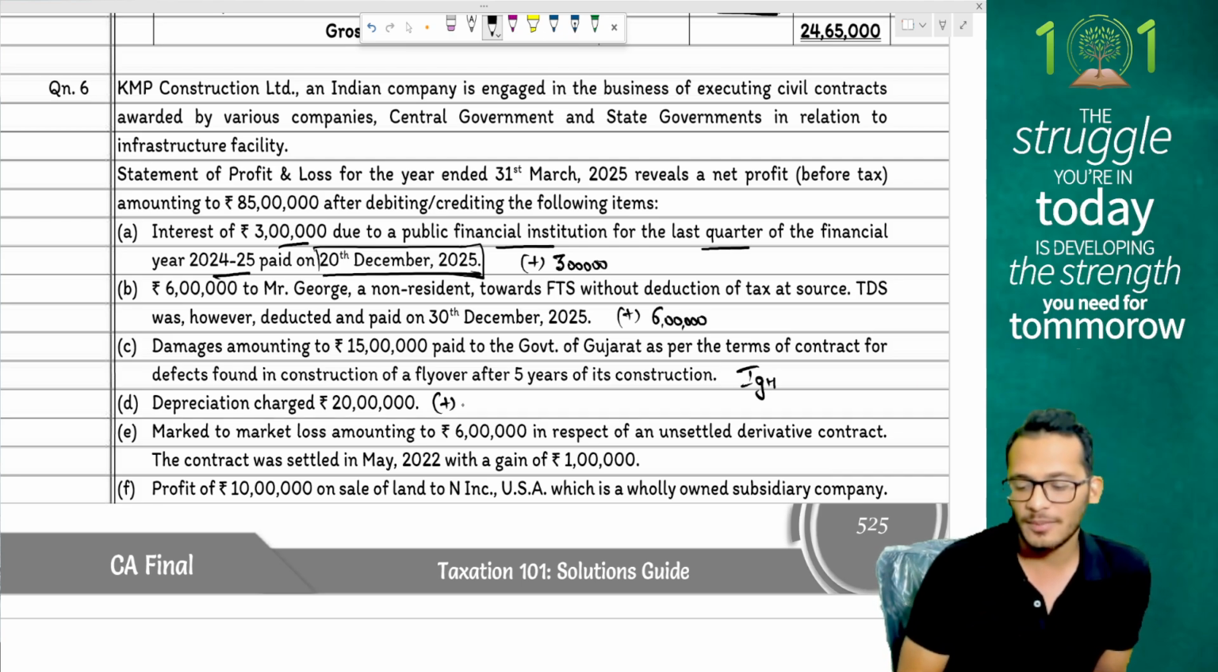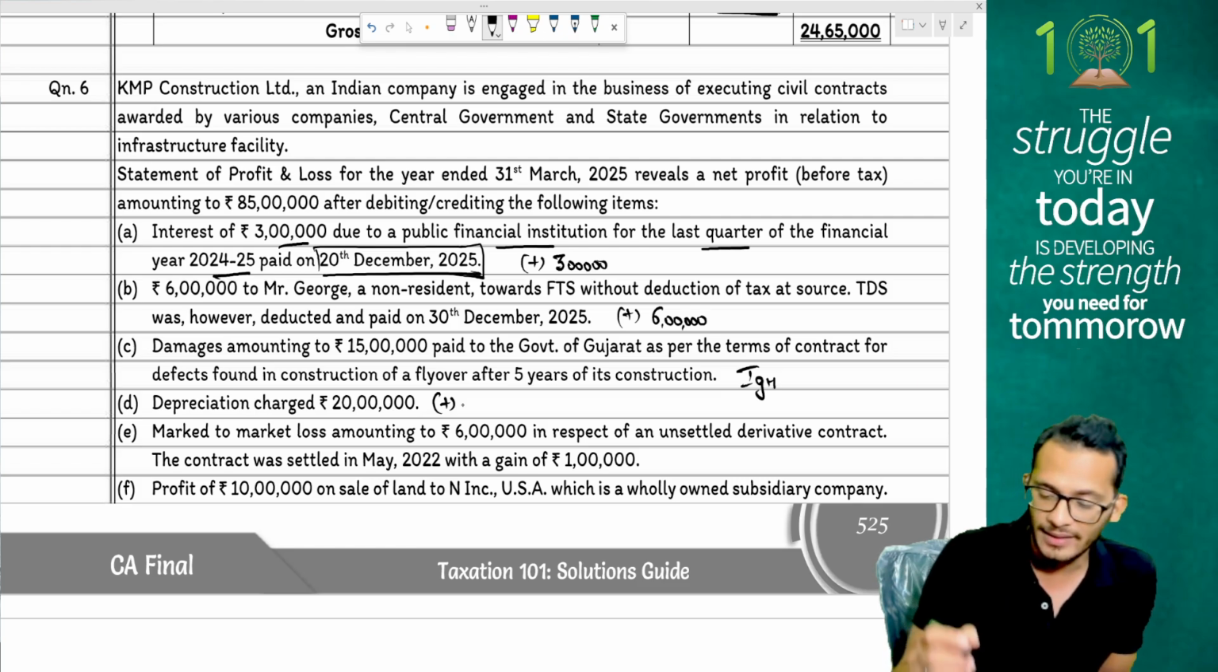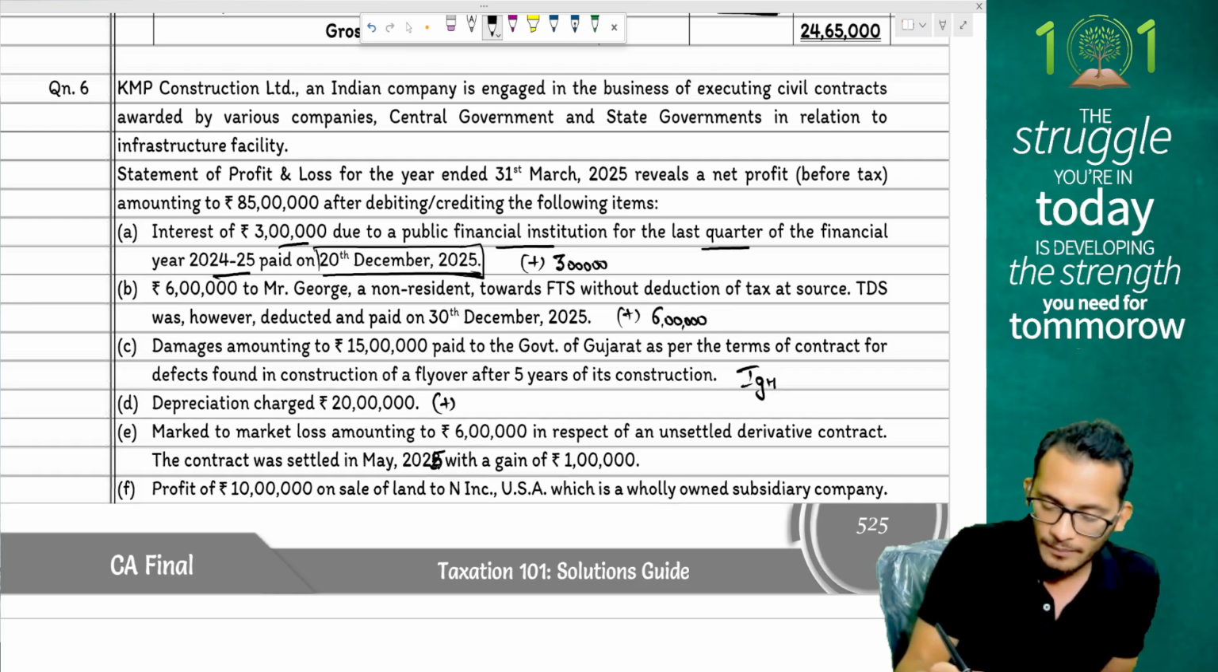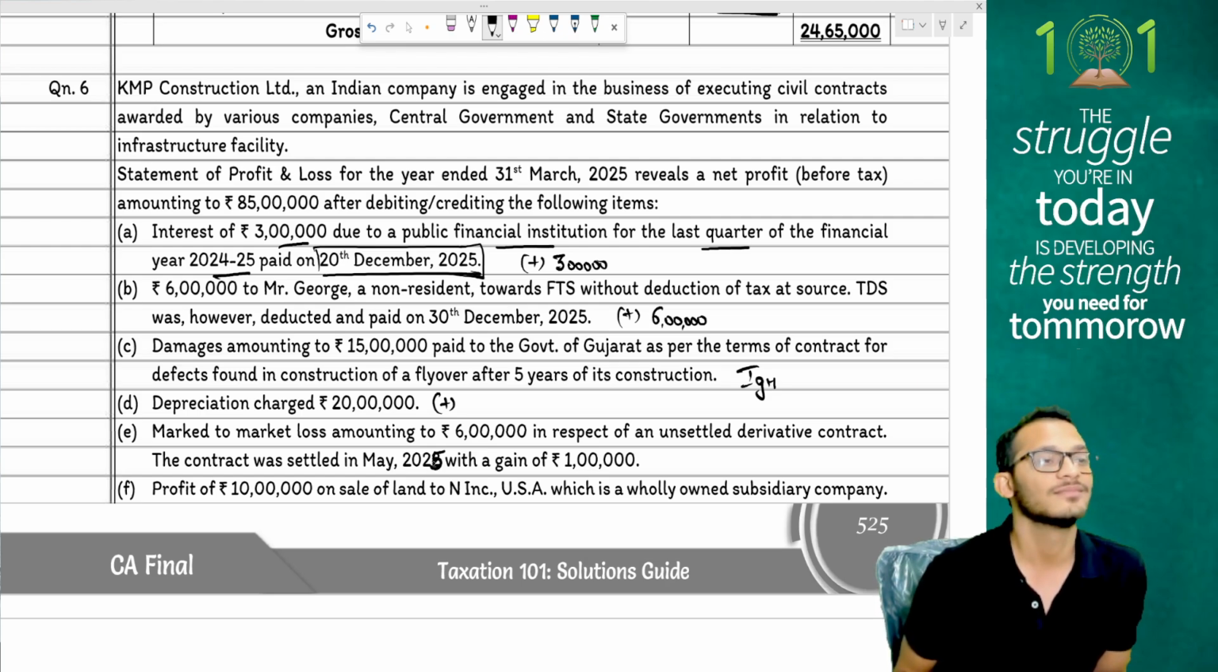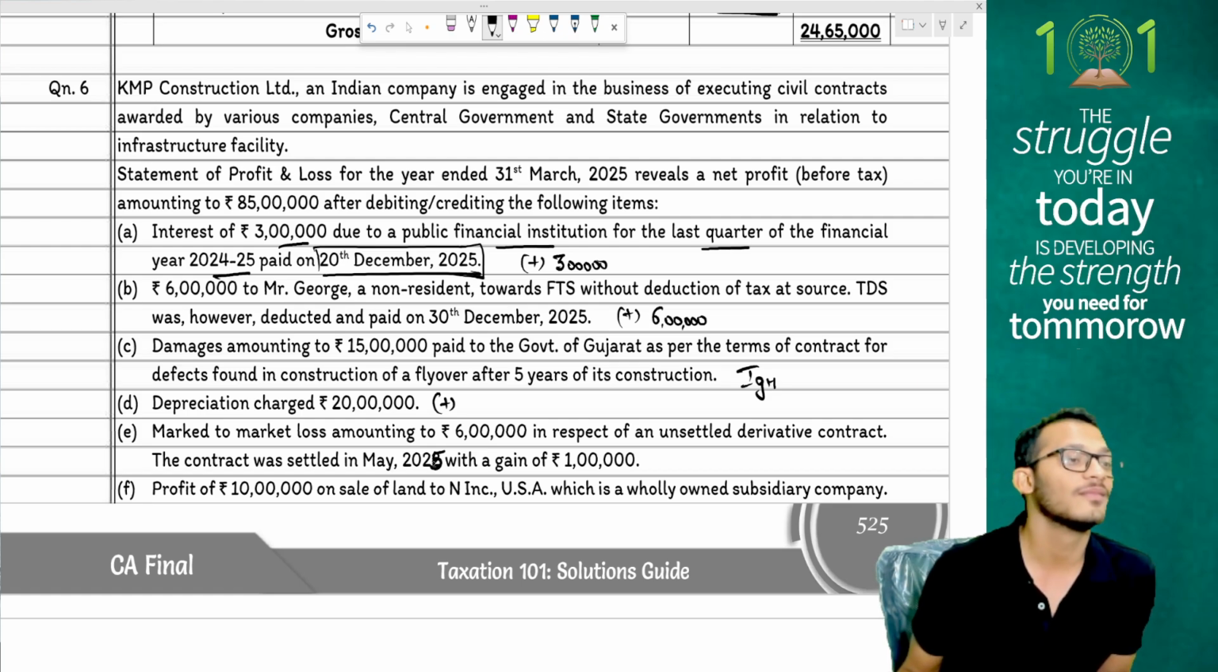Mark to market losses amounting to 6 lakh rupees in respect of an unsettled derivative contract. The contract was settled in May 2025, I think. Yeah, May 2025 with the gains of 1 lakh rupees. This is 25. Because ICDS